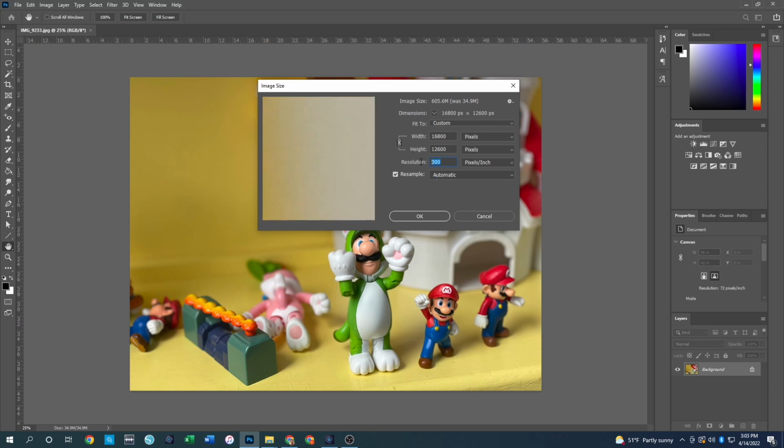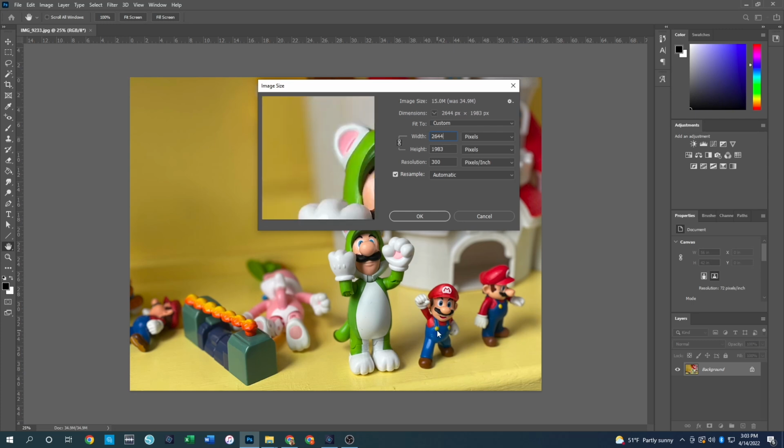So now when I increase this to 300 pixels per inch, we're now at 16,800 by 12,600. Now let's say I'm going to submit this photo to my Allie Edwards for the design team. Or let's say I want to put this photo on my own blog/website. The maximum width that I generally work with, or the maximum width that is asked of me for photos that I am submitting, is